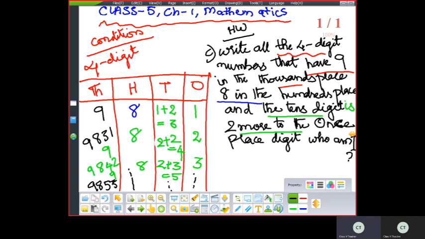Okay. So all the 4-digit numbers. So this is your homework problem, children. Okay. I hope you can do it. Okay, children. So by this, we end our today's class. These all things I'll give you in my class Campus App, children. And tomorrow I'll take one problem from the next module. I'll just go on with the problem from the textbook, and I will go on with the problem in depth thoroughly. Okay, children?